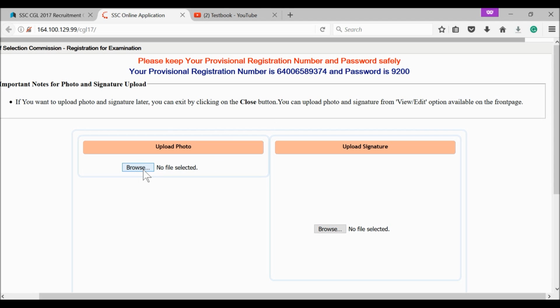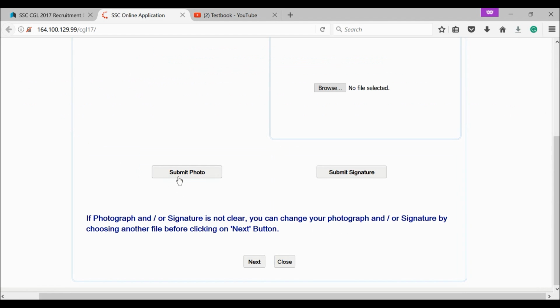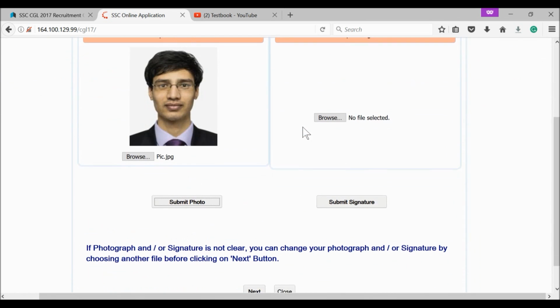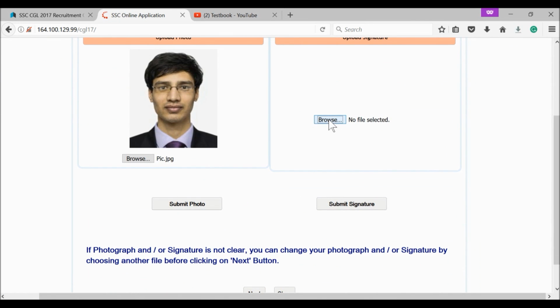Now what we will do is upload the photograph and the signature for the completion of the registration form. So let's go to browse and we will click on a photograph that we will be using. Click on submit photo. Your photo is submitted successfully. Then click on browse and select a signature and click on